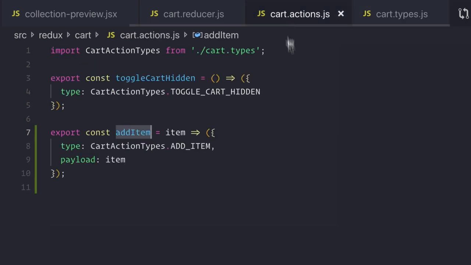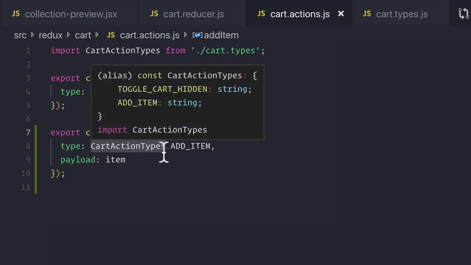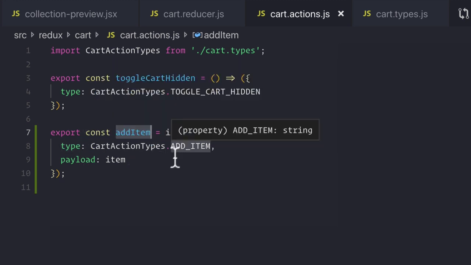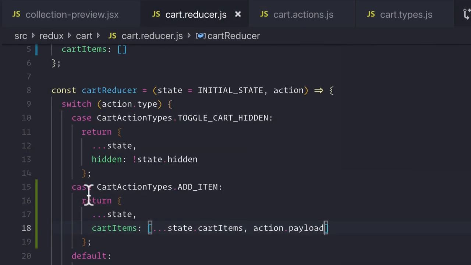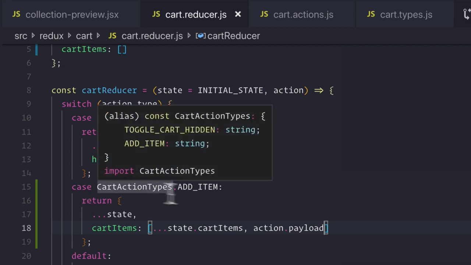Next, we define the actual action itself, which is our add item, which is a function that gets the item and generates this new action with the action type of add item that we just made, passing the item in as the payload, which our reducer then has to listen for